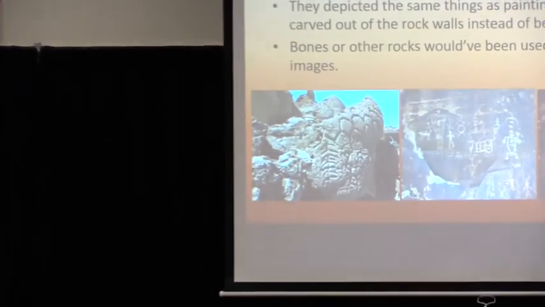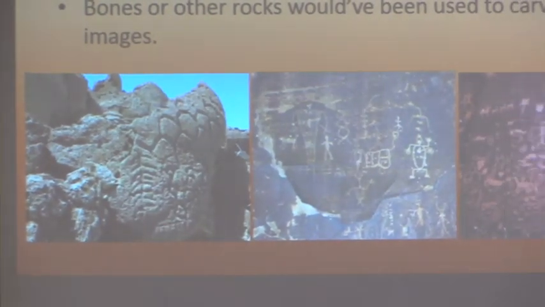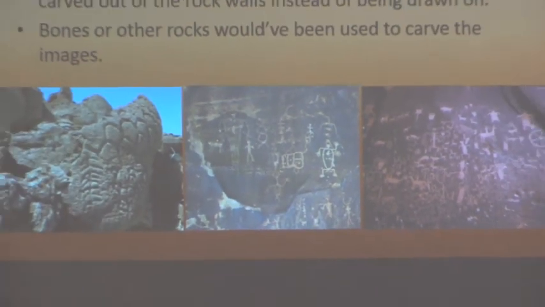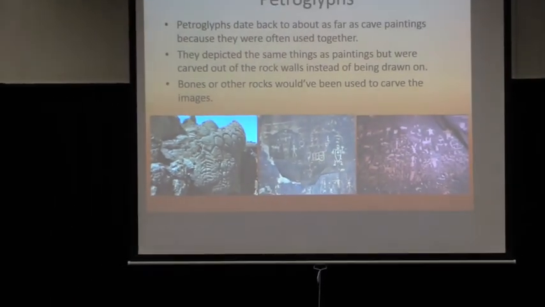Petroglyphs are another really, really commonly found type of art, usually in about the same places as paintings and for the same reasons. They're pretty much exactly the same, except that instead of being painted onto the walls, they're scratched out, so you get to a lighter color underneath. And you get to show all the pictures, and they're usually used in tandem with paintings to just emphasize color and things like that. And they would use bones or rocks or anything hard enough to carve into the rock.